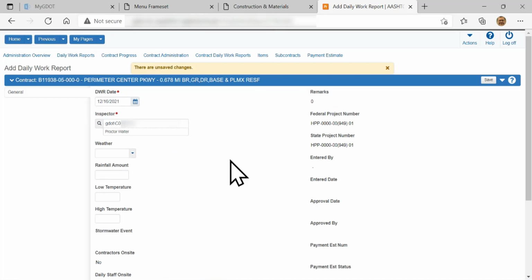Walter, we did have a question. Okay. You may have already addressed this. Can you make changes to a DWR after you save it? Yes, you can. As long as the DWR is still in draft status, you can go in there and make as many changes as you want to. And we're going to cover more of that as we work with it. So you're right on the ball there as you're working with it.